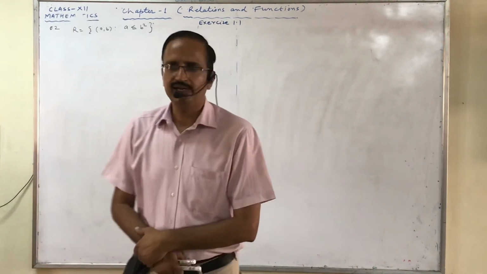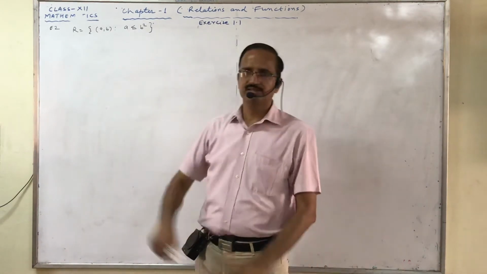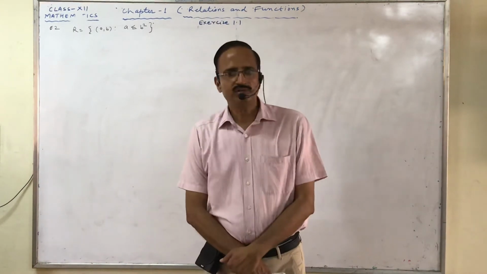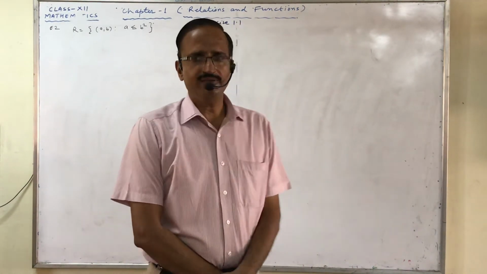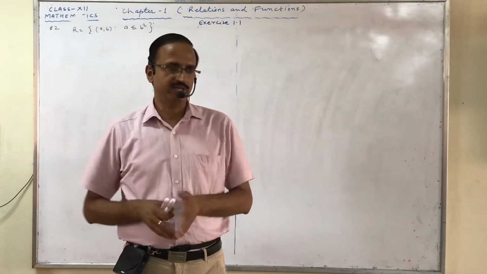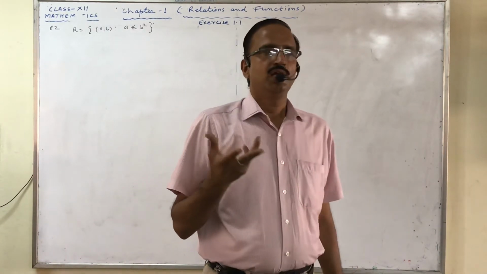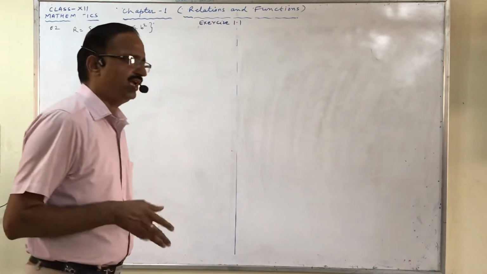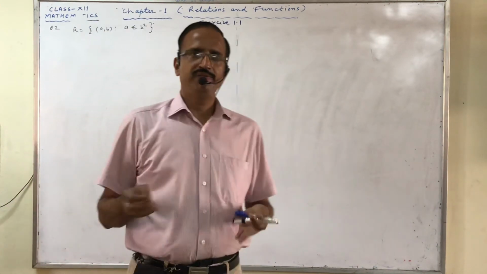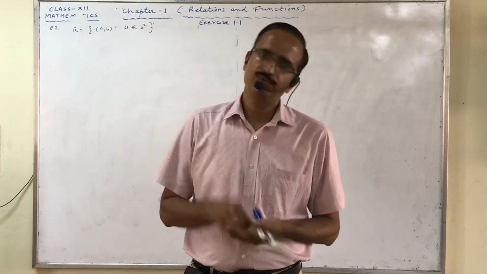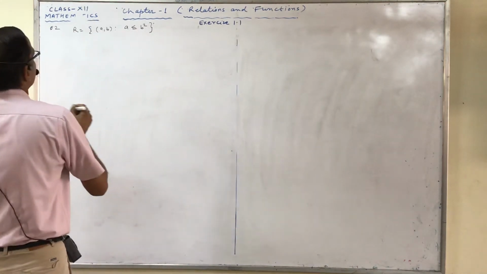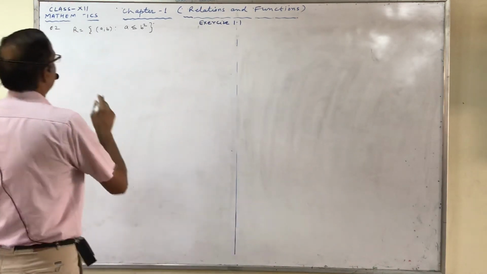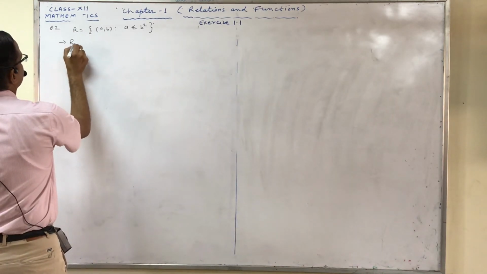So the question is, show that the relation R in the set of real numbers is neither reflexive nor symmetric nor transitive. Whenever we have to prove that a relation is not correct, we have to give one contradictory example. If it is true, then it is true for all the values. If it is false for any one value, it means it is false. So we have to give one counter example for this. So first of all, for reflexive.